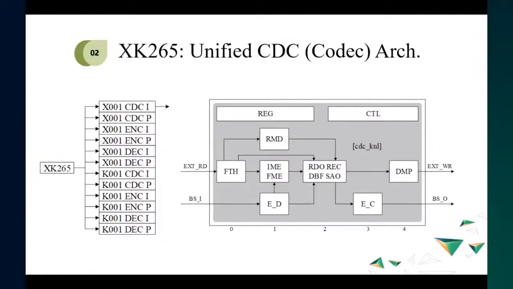All of these modules can be configured, and you can include all of the modules to get a codec supporting I and P frame encoding or decoding. And also you can remove part of the modules to get a specific encoder, maybe only an I frame encoder or P frame encoder, or just an I frame decoder or P frame decoder. The pipeline stages can also be extended to a larger number of stages.